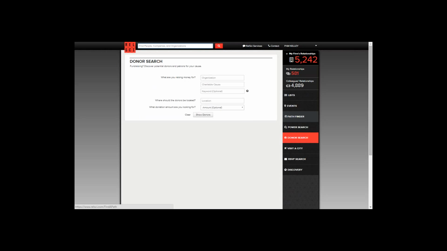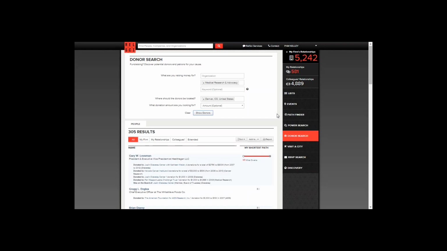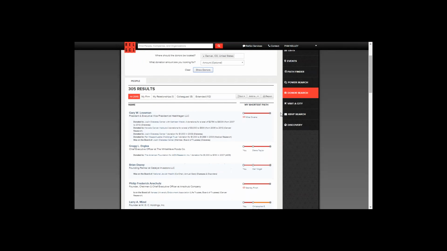So let's say I am a hospital. I'm located in the Denver area, and I'm looking for individuals who have donated to medical research. So for location, I can type in Denver and select that. For charitable cause, I want people who are affiliated with medical research. I can click medical research and advocacy and click show donors. There are 105 people who fit that criteria,